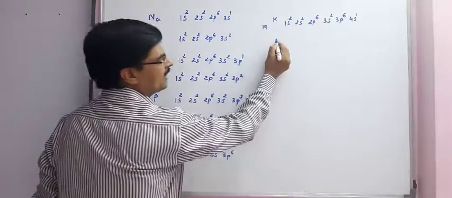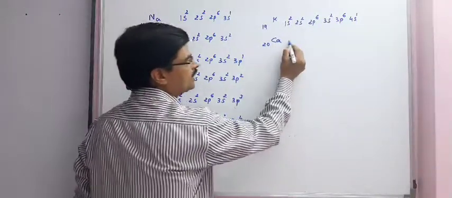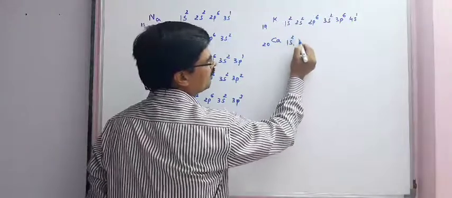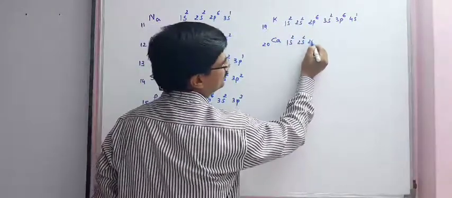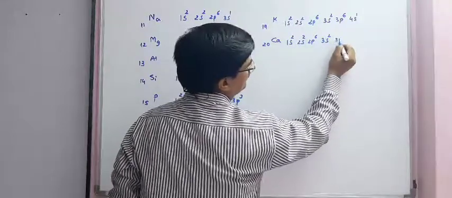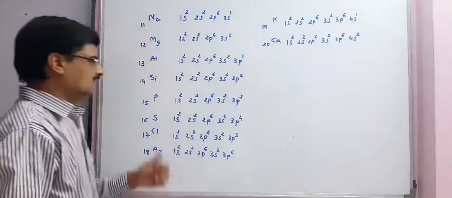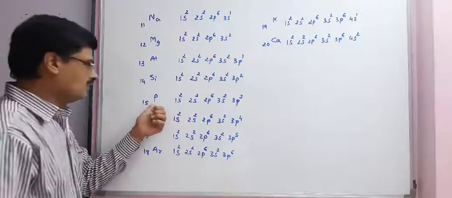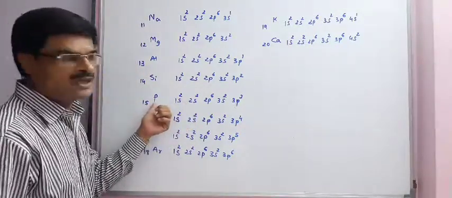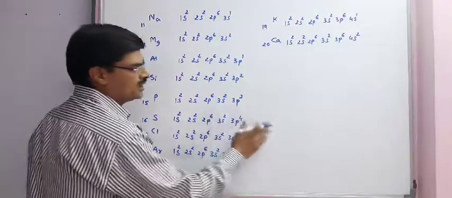Now after that we have calcium, 20 number. So electronic configuration of calcium is 1s2, 2s2, 2p6, 3s2, 3p6 and 4s2. Now we can also write the configuration of these elements by writing the inert configuration